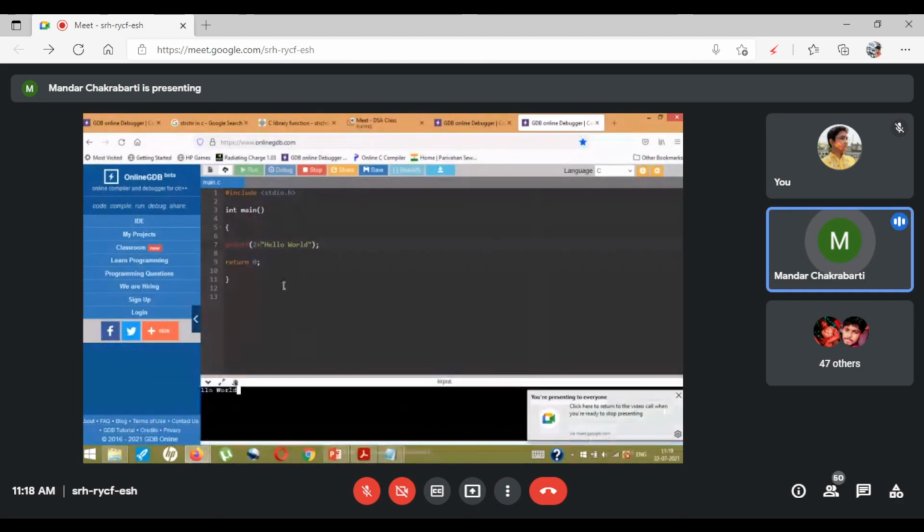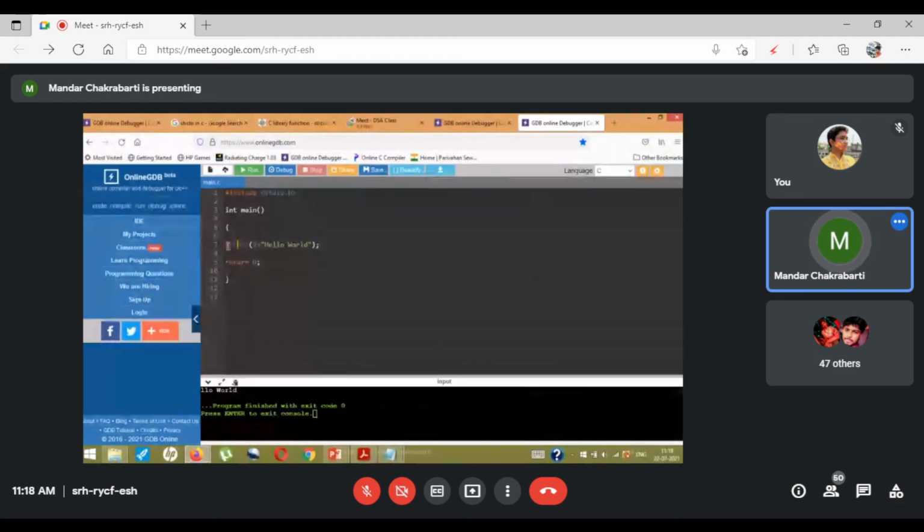Yes, exactly. It is going to print from here. This question was asked in one of the aptitude rounds of TCS. We are used to the printf command. We know how the printf command works. But these are some of the hidden features of the printf command. These are some of the additional features of the printf command. So these sort of tricky questions are asked by the IT companies.